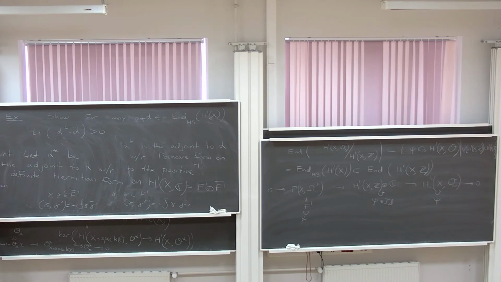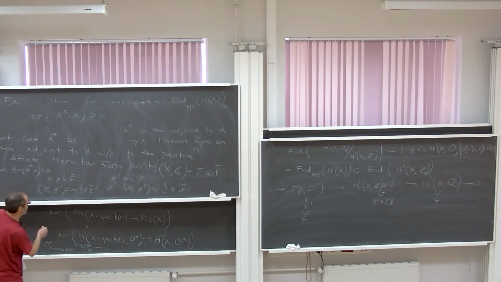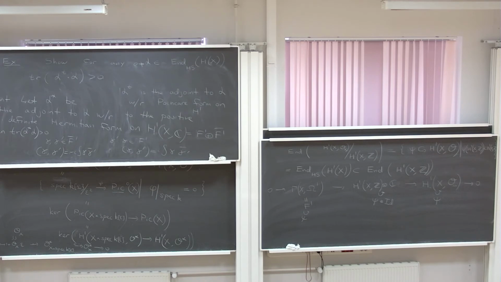So if you have a positive definite Hermitian form, then for any alpha, the trace of alpha star composed with alpha is greater or equal than 0, right? Because you can just take an orthonormal basis, and then this amounts to the fact that for every matrix A, the trace of A bar transpose A is greater than 0. Right? So we know that this is greater than 0, and now